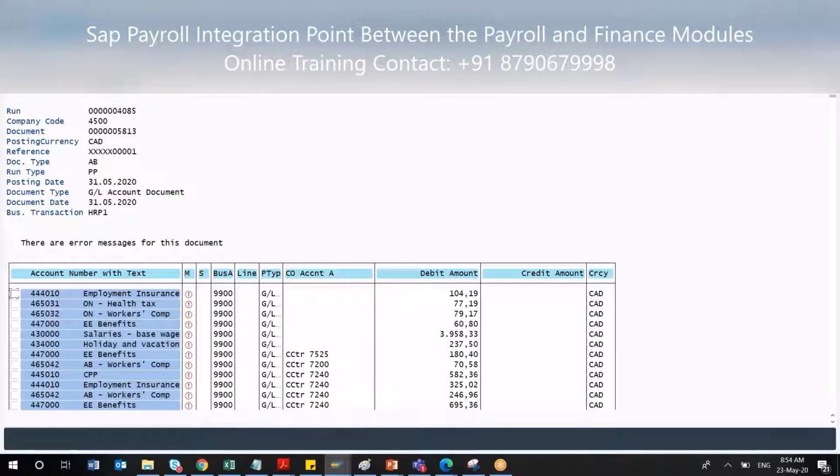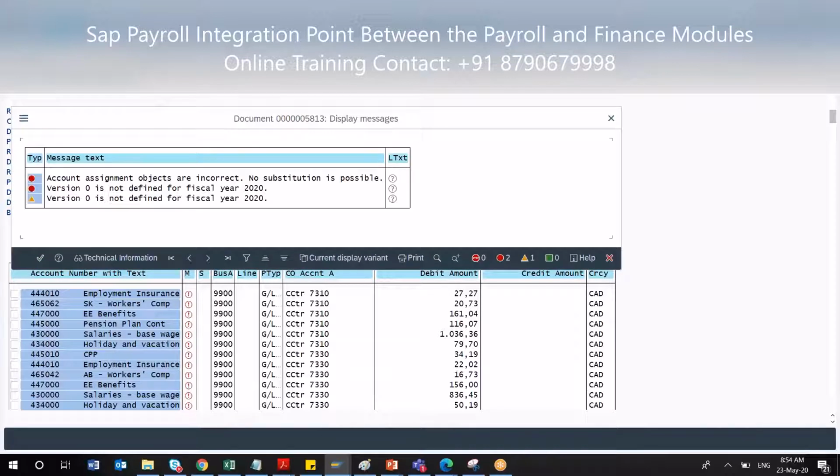If you do a deep dive into it, you will see a lot of errors, and you can analyze why there is an error. Here this is actually for Canadian payroll, but anyway, this is a similar thing you'll find in the US also. If I go to each and every account, there is something called error messages. If I click any of these error messages, I can find out the reason.